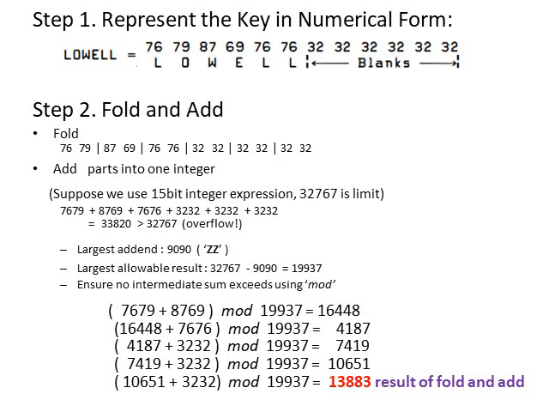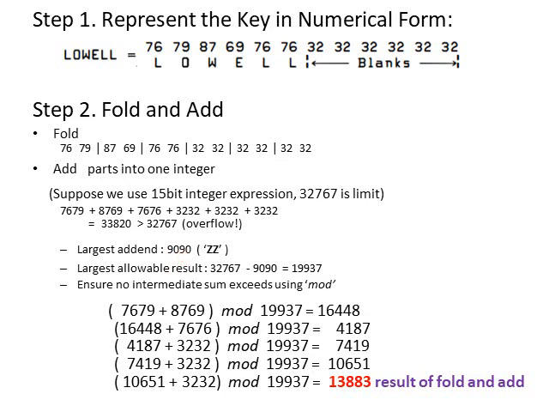So what I am going to do is select the largest addend. The largest addend you can consider is ZZ. The largest character will be Z. So ZZ will be the largest addend. I can take it as 9090, right? The ASCII characters give 9090. So together after folding I can get it as 9090.